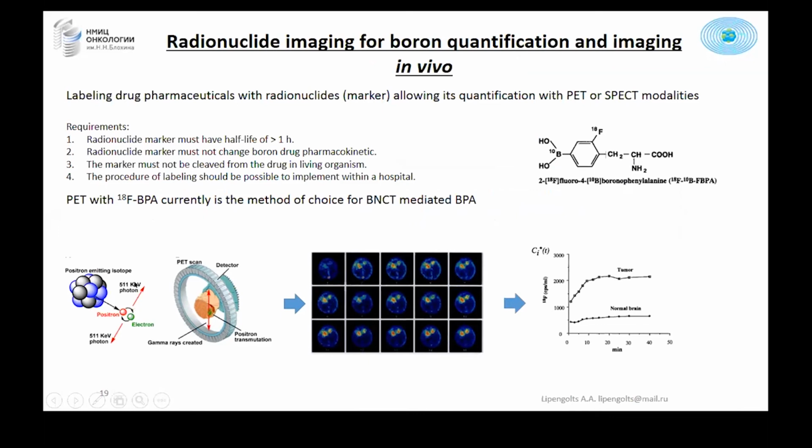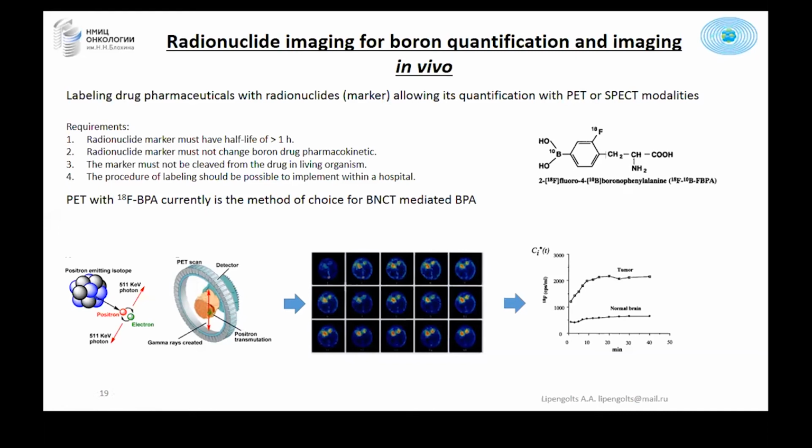And thus we can use this for radiopharmaceuticals in standard PET equipment and detect its normal and tumor tissues, and comparing to